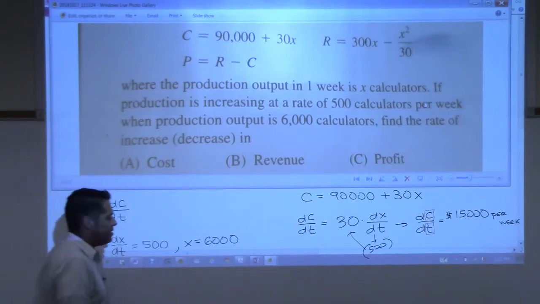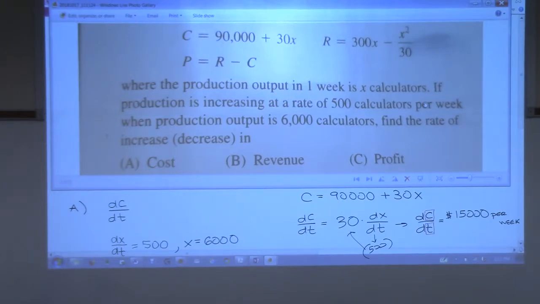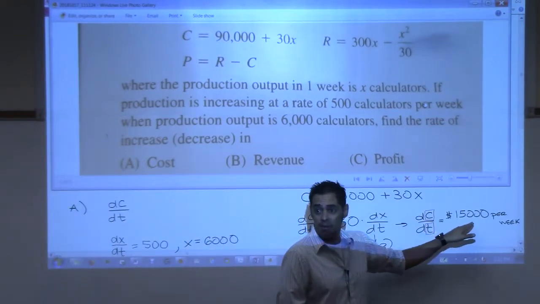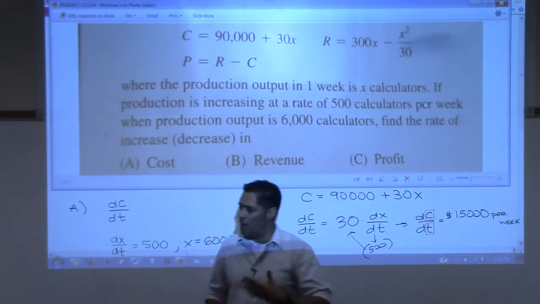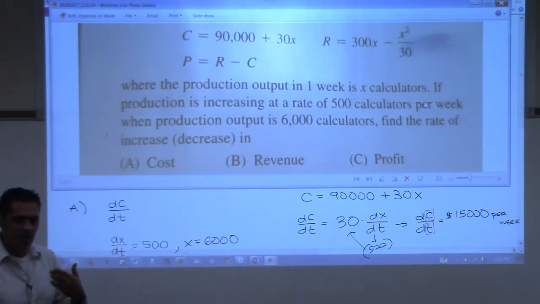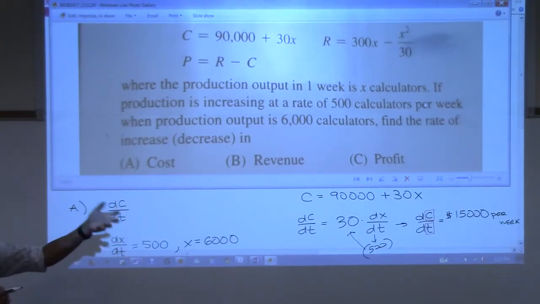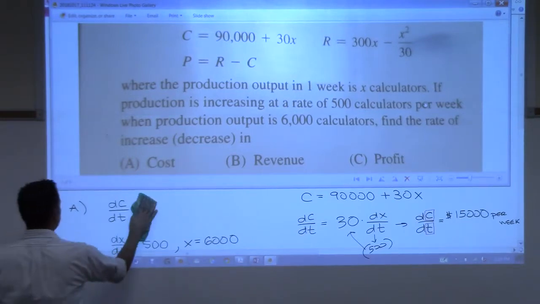So right now, as the CEO, owner of this company, I'm not quite sure I want to increase production levels because it's going to increase my cost, isn't it? By quite a bit, 15,000. But that's not all I would look at. That's not the only thing I would look at as a company. I would also want to look at how this is going to impact my revenue. So I know I'm going to have more money going out, but let's see how much more money I'm going to have coming in. So now to do part B,